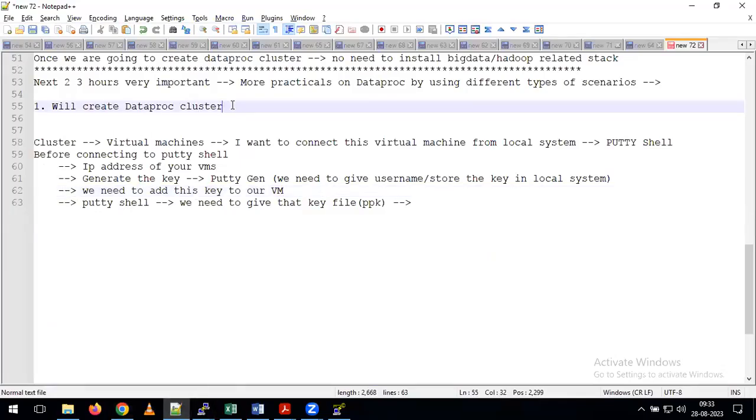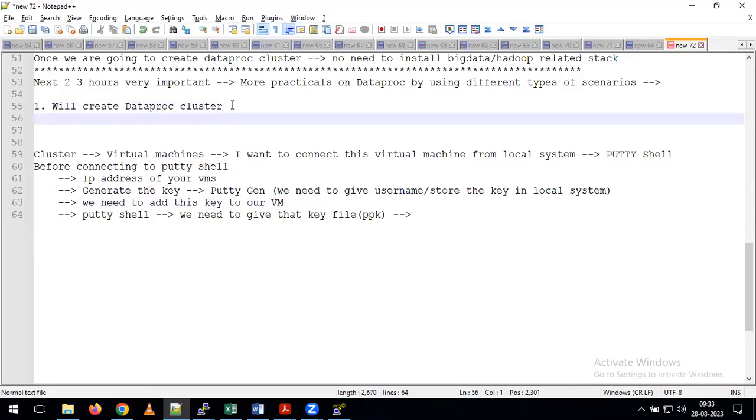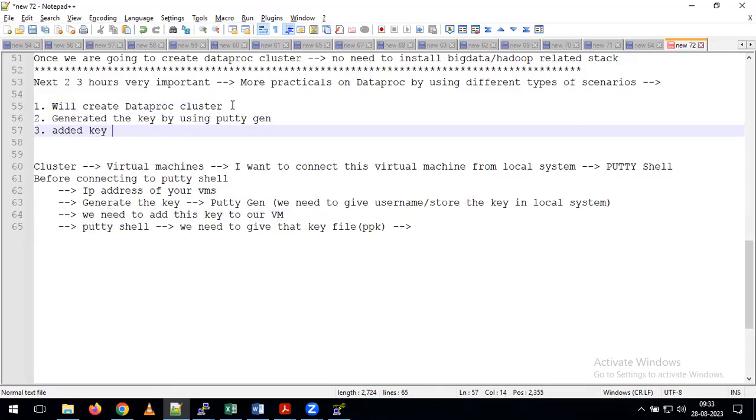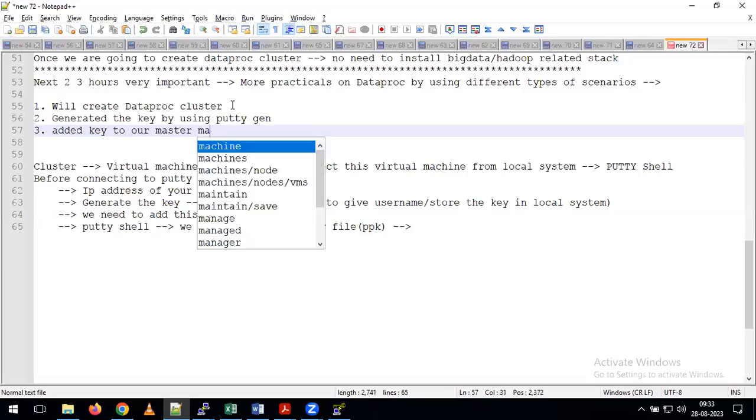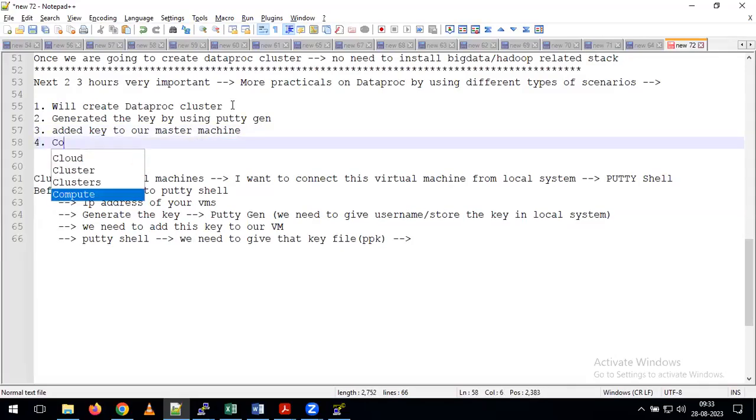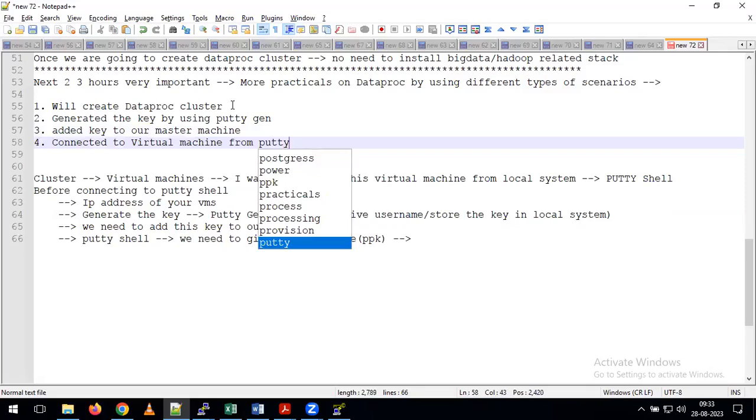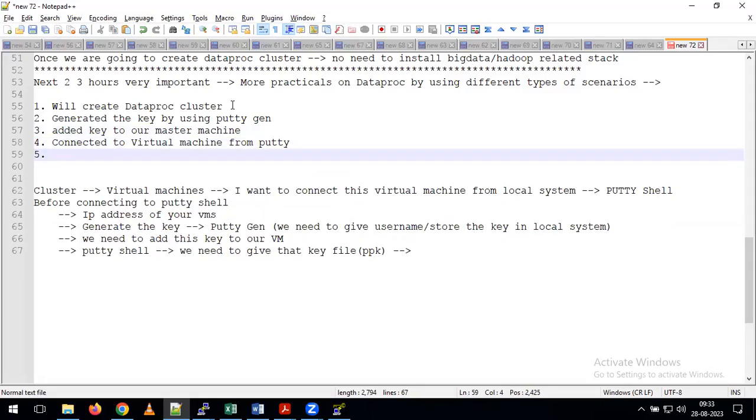Tell me what we did so far. First step, we created the cluster. After that, we generated the key by using partition. After that, we added the key to our master machine. After that, we connected to the virtual machine from putty. After that, what's one more activity? We converted the dynamic IP address to a static IP address